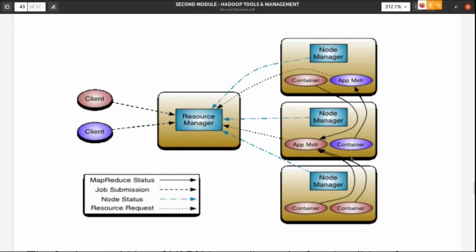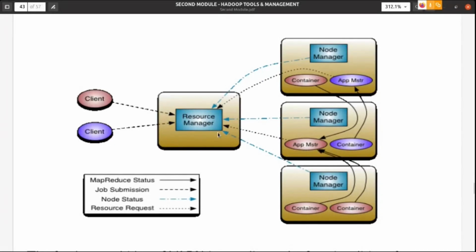With the help of these containers, the application master will run the application. While the application is running, it will update the progress of the application to the resource manager. Once the application ends, all the containers will be killed, and the application master will also be ended by the resource manager.